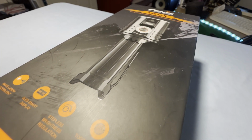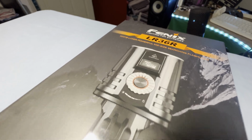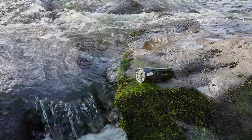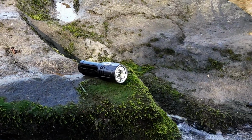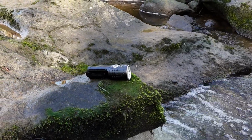Hello and welcome to my comprehensive review of the Fenix LR36R flashlight. Just to note that this review has not been paid for. Fenix have provided this flashlight to me for free in return for an honest review of its build, features and